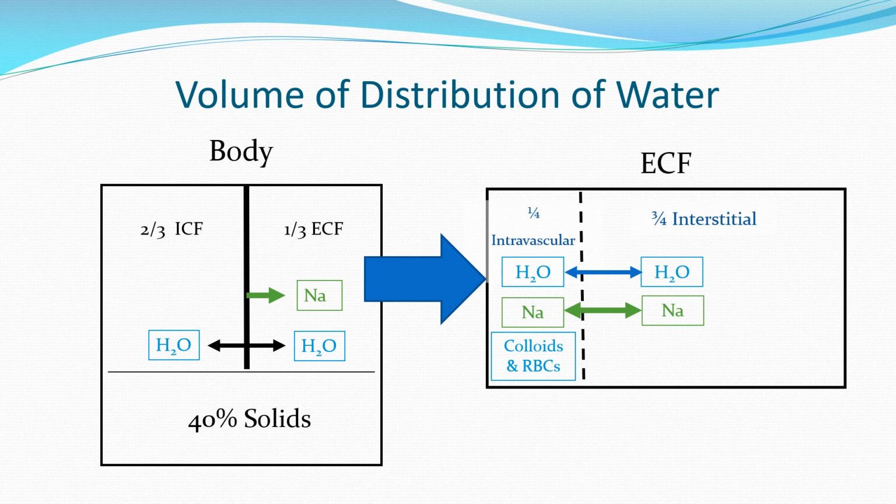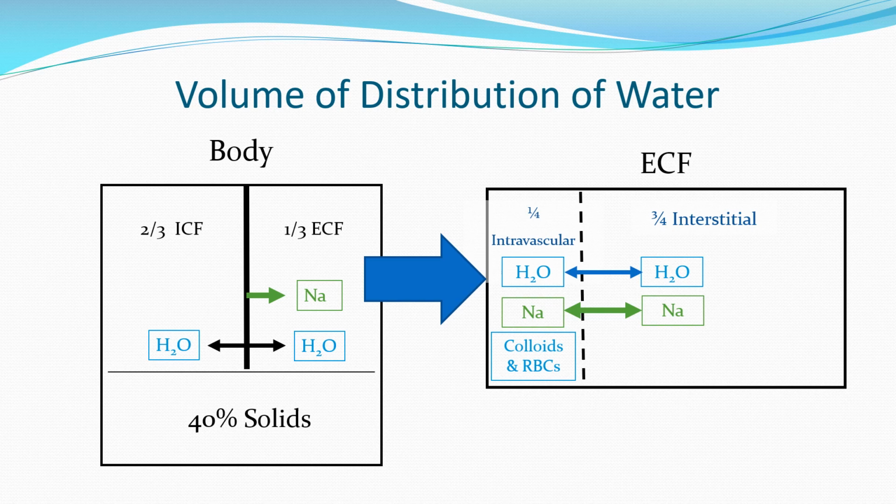If you look at the ECF space, 3/4 of the ECF space makes up the interstitial compartment of the body, while 1/4 of it consists of the intravascular compartment of the body. Colloids like albumin, blood, and sodium, along with chloride, help to maintain the intravascular volume. Sodium and chloride move freely between the